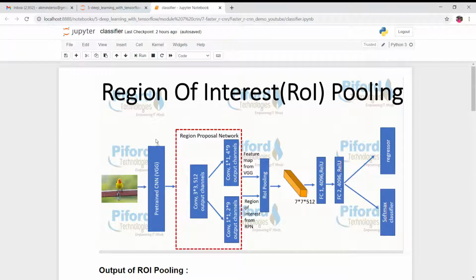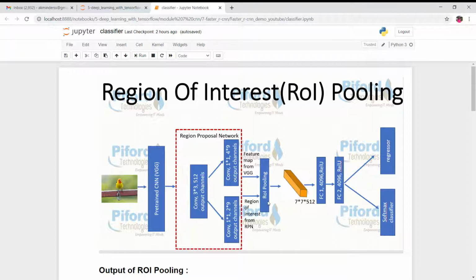You can use any CNN, Inception, ResNet, anything. The input gets processed by this, and the feature map we have just created becomes the input of the region proposal network, and the output of the region proposal network goes to ROI pooling. This is what we are going to discuss today, what ROI pooling is and what we are doing over here.